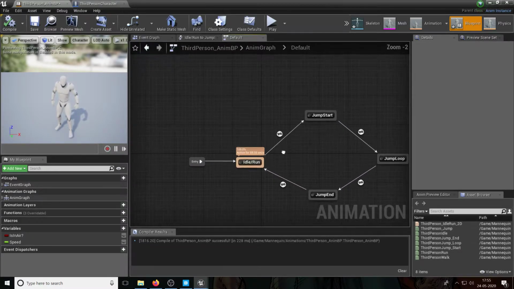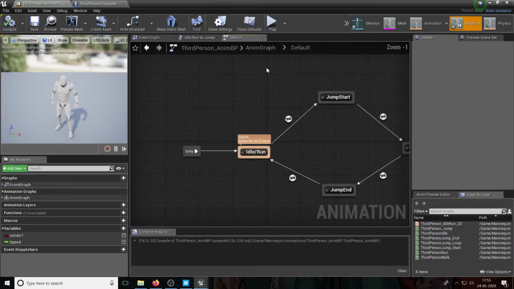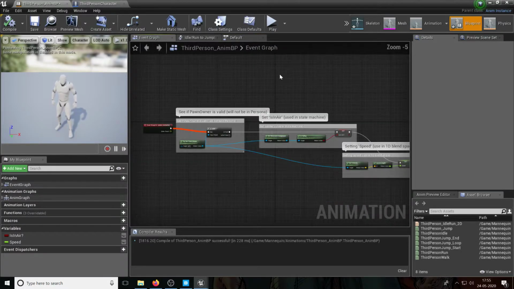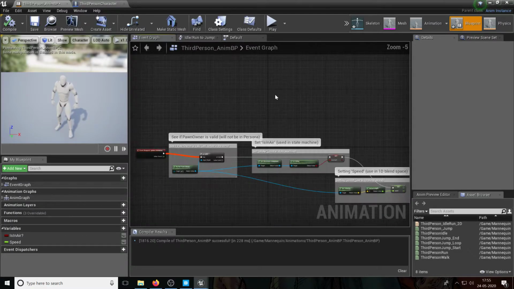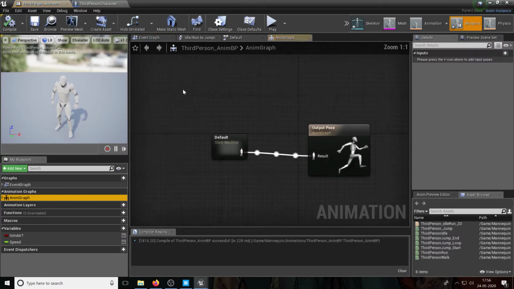And while this is already pre-created and everything is going well here and this works flawlessly, I think it makes a lot of sense for us to create one from scratch. If I just sit and explain all of this for you guys, you'll miss out on some key concepts, rather than if we create it from scratch, because I want you to do it along with me. That's the problem with modern education, right? I just show you something and I explain it and I say, okay, you're done, you get it now. But I prefer to build things from scratch from the very beginning so that you see how a full animation blueprint is created, both from an event graph as well as from an anim graph perspective.